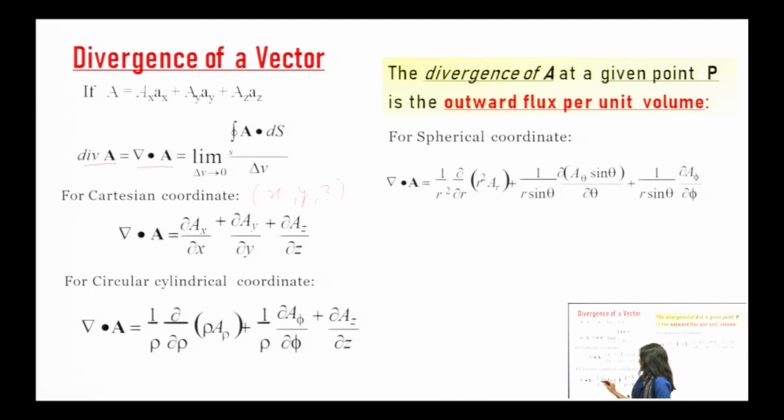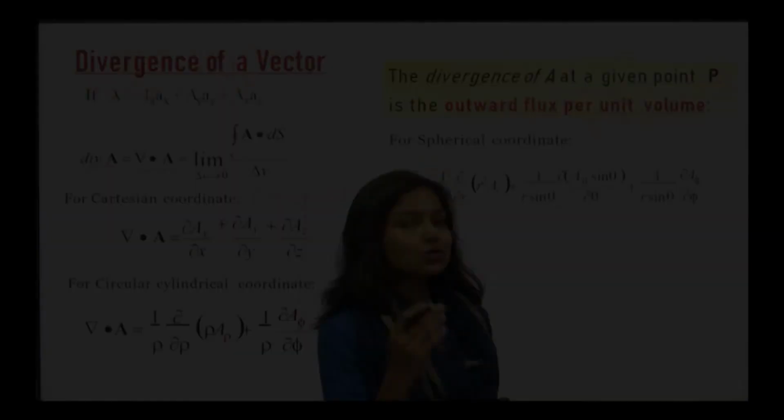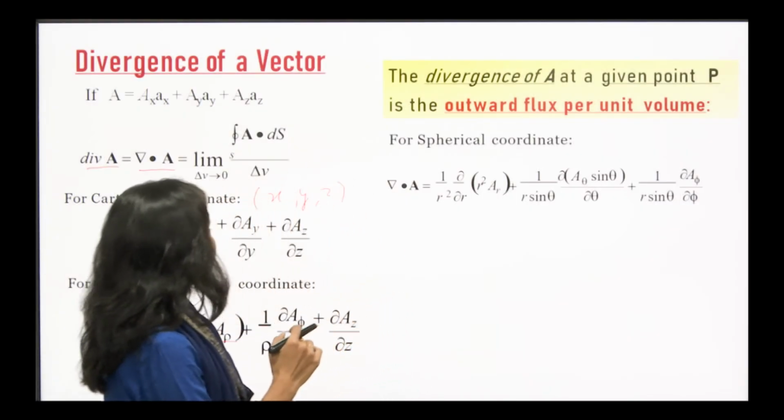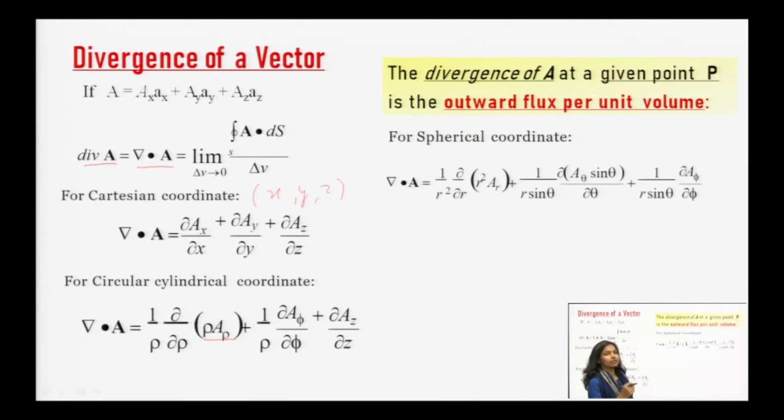It can be defined as 1 by rho del by del rho, rho a rho. There is some alteration here, that we need to multiply rho. Rho is nothing but the radius. So, similarly, we can apply the divergence on cylindrical coordinate also, and for cylindrical coordinate we know that to define